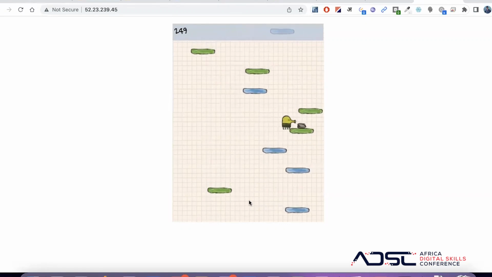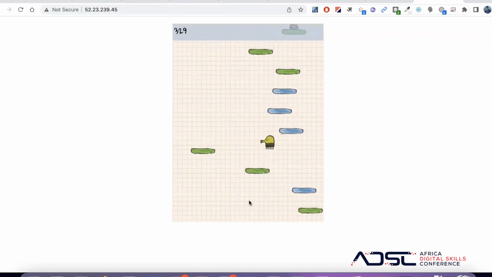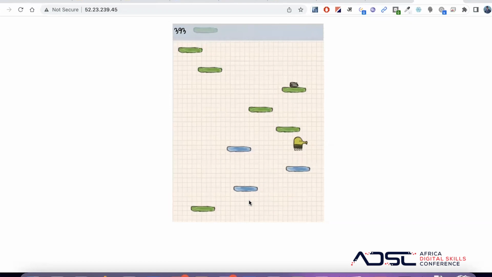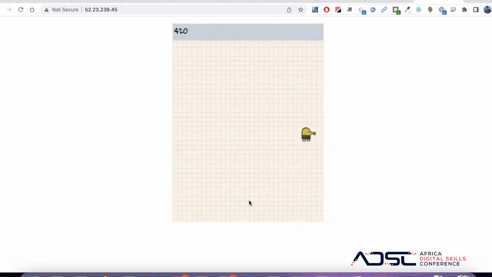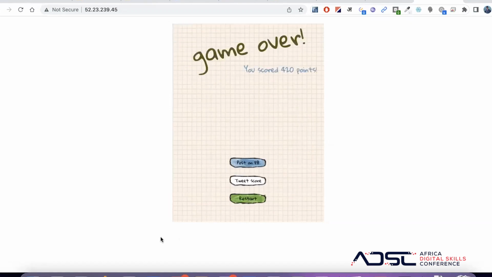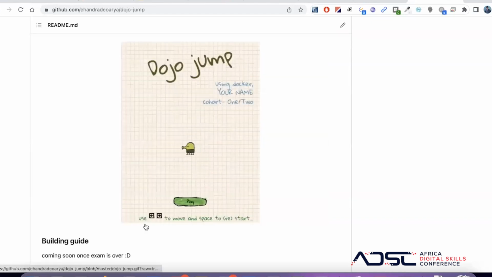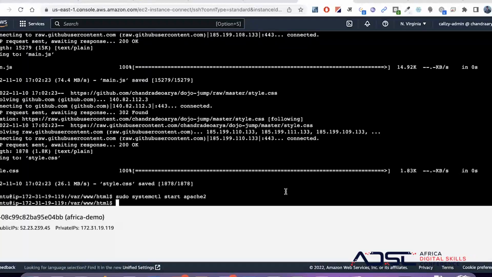So this is a very funny game. You can just play this. You see? So with these few commands, we are able to take the code of the game from developers and deploy this on an EC2 server. You saw how easy it is? Just in a few minutes, in a few commands, you are able to take a code and deploy the code, right? This is so easy, okay?